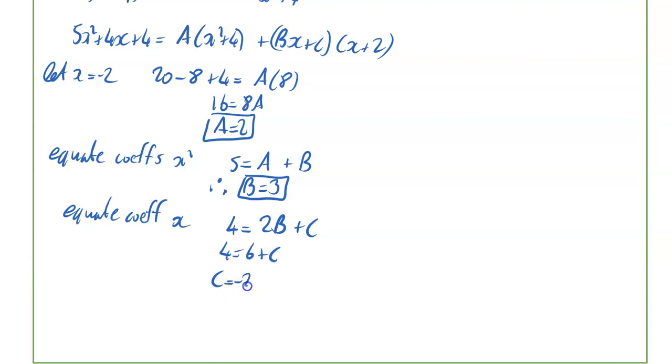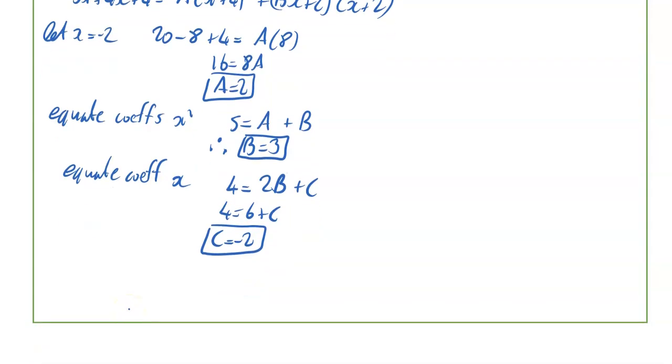So a wee bit of working out, your c works out to be minus 2. Okay, so you've found your constants. Your last thing then is to write your answer. So your answer then is going to be